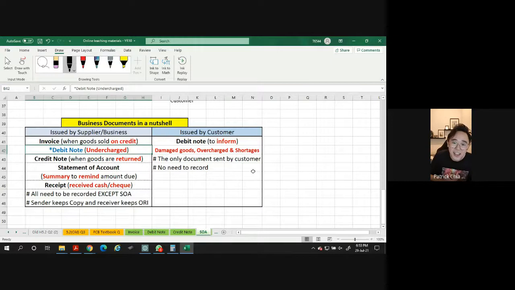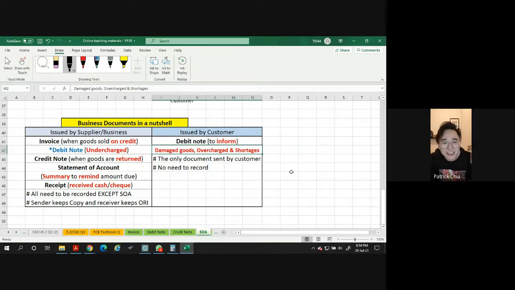Usually, the supplier will do an overcharge. If there's an overcharge, who will complain? Obviously, the customer will complain. If any of you are confused between under and over, put yourself into the customer's shoes. What will you do when there's an overcharge? Of course, the customer will complain. Have you ever seen a business complain because they overcharged somebody? If you are the business, times are hard.